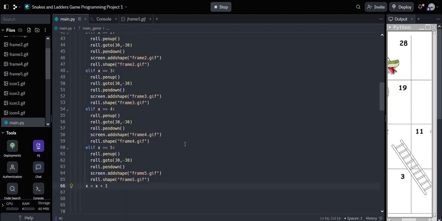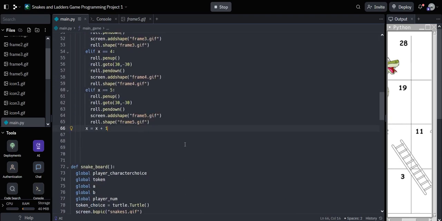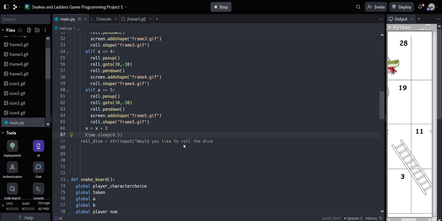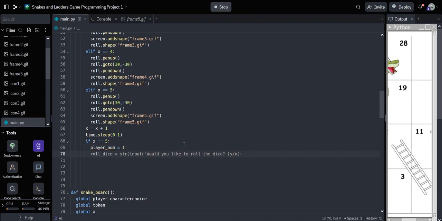So at this point, let me just confirm something. There it is. Okay, so we're going to be going after this. We're going to give a time gap, time.sleep for about 0.1 milliseconds. And then we're going to say if x is equal to 5. So if it gets to the 5th frame, which is when the dice finishes completing its animation, we're setting player num equal to 1. Okay, and then we're going to say time.sleep again, wait for another 0.1 milliseconds, and then we're going to clear